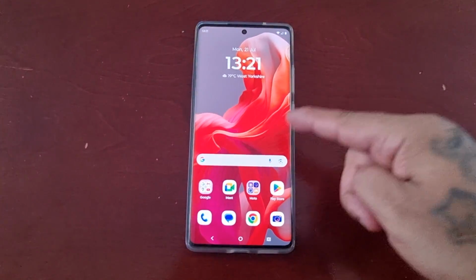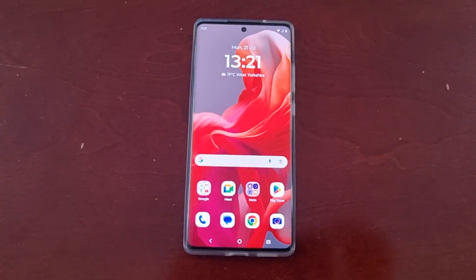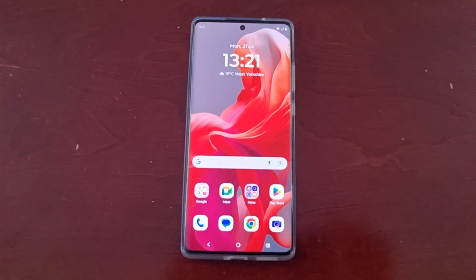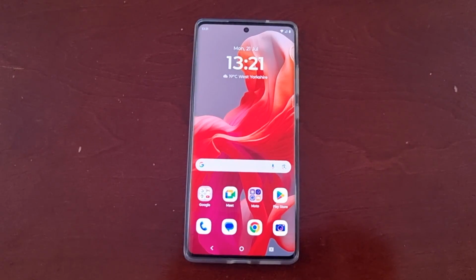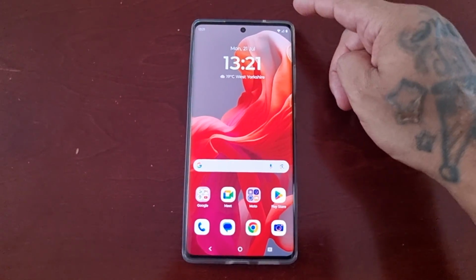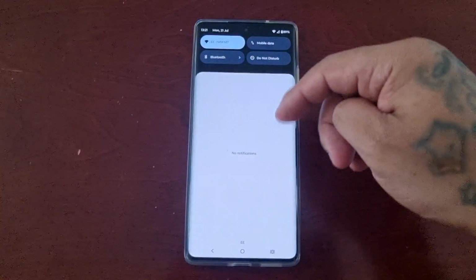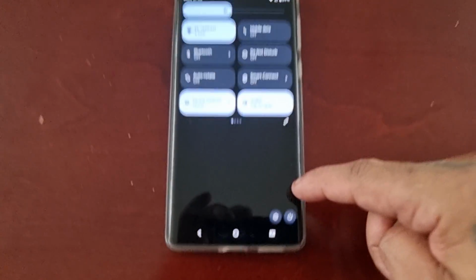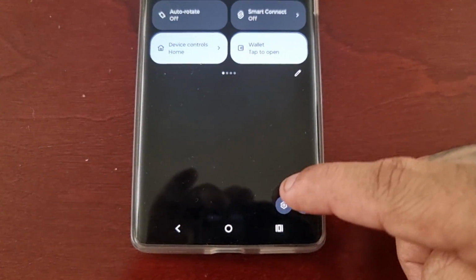So I'm here with a Motorola G85 Android phone, and in this video I'll be showing you how to turn on Dolby Atmos. Okay, so just follow the steps that I'm about to show if you want to turn it on. So pull down the notification panel twice, go into the settings,